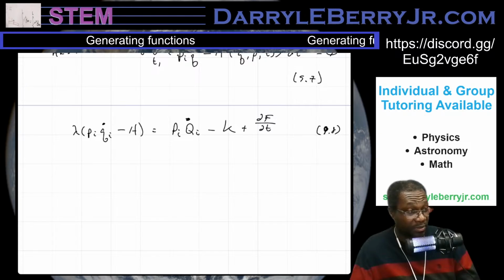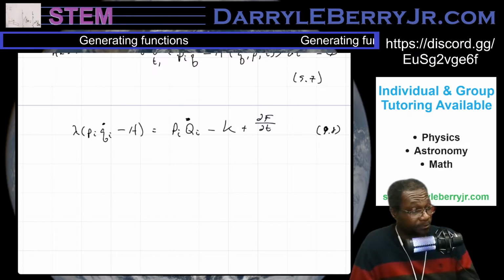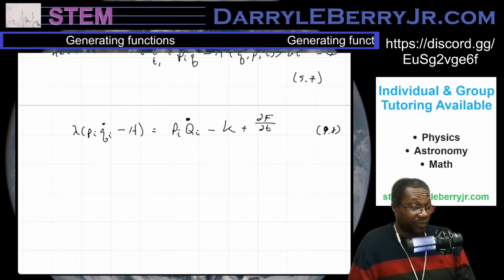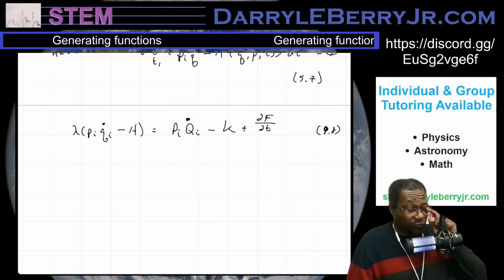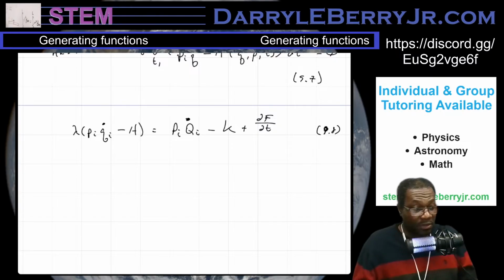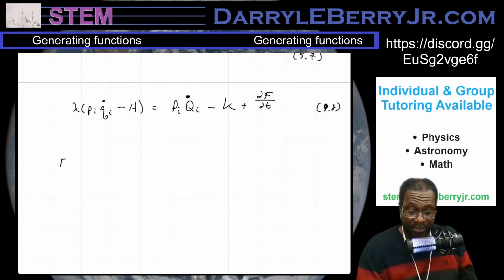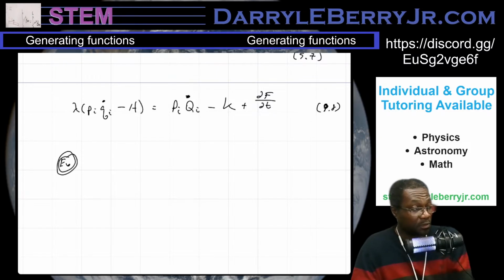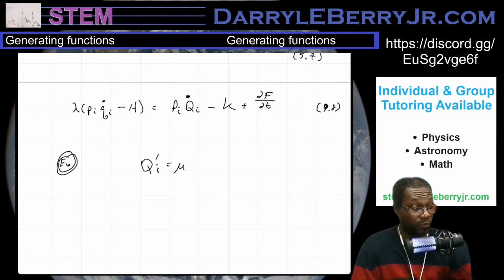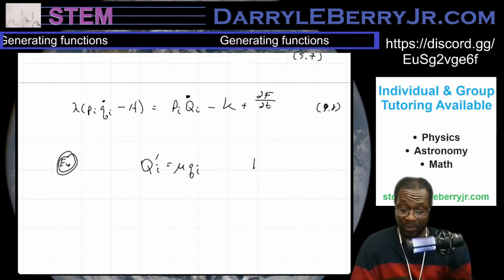All right, so now we're about to get to the mention of the generating function. Suppose we change the size of the units to measure the coordinates and momentum so that in effect we transform them to a set q prime, p prime defined by, so this is an example. So the units are going to be q_i prime equals mu q_i, p_i prime equals